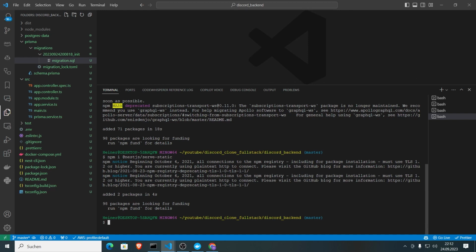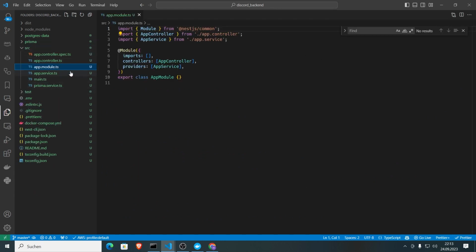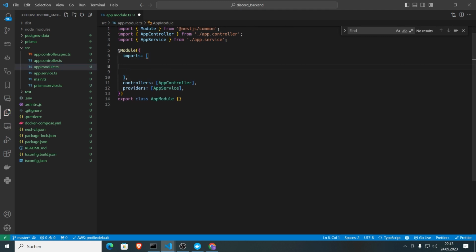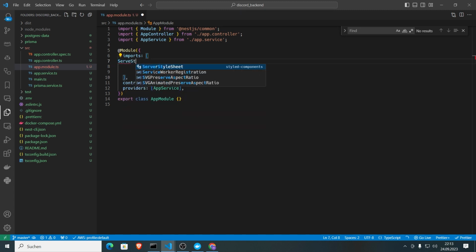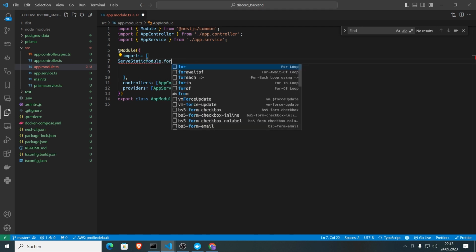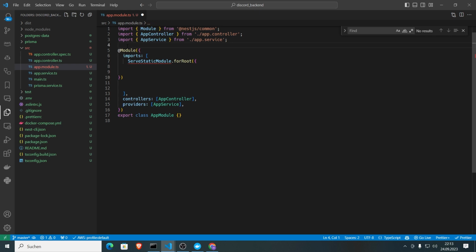So please make sure you have installed this. And for now we should be good here. So let's close this terminal window. Let's head over to our app.module.ts file. Under imports, we can say ServeStaticModule.forRoot, parentheses, curly brackets, and we have to import it